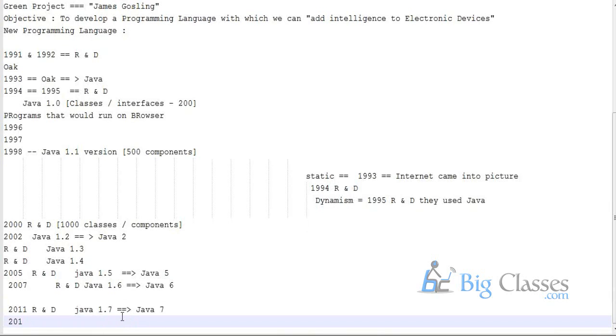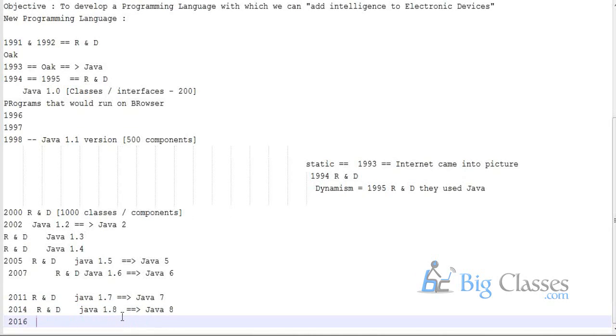In 2014, that is this year, Java 1.8 is also released. That is nothing but Java 8. And in 2016, they are planning to release Java 9.